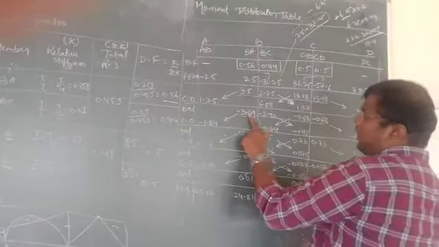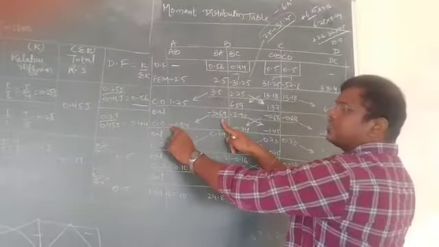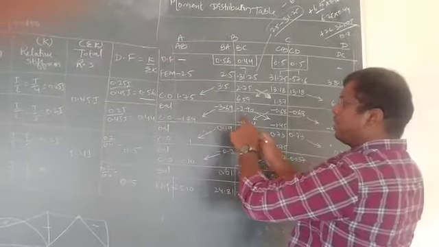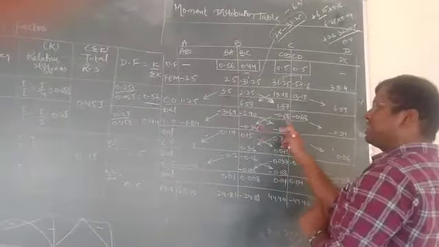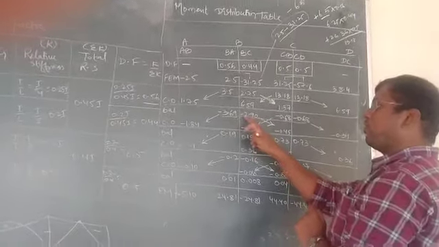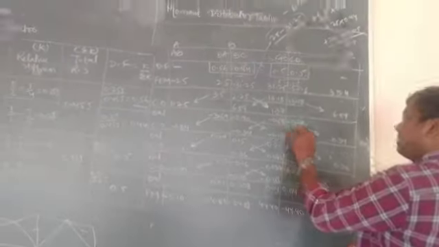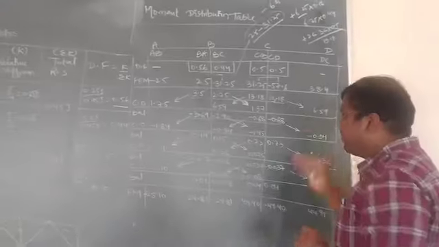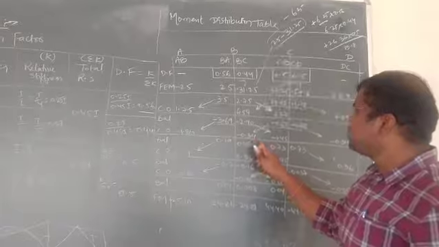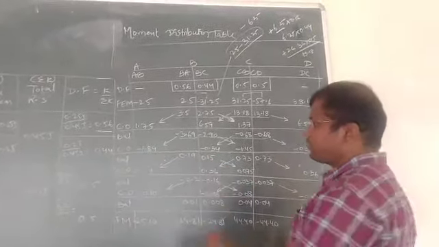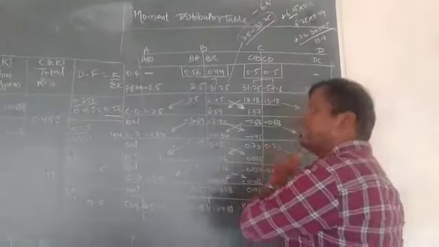So now this moment has to be carried forward to the far end because A is fixed, so it is minus 1.84. Now coming to here, again B and C are continuous supports. Half of 0.68 is minus 0.34. Half of this 2.9 is minus 1.45. Similarly, half of this is minus 0.34. When I have done the carry over of a moment, again this joint got disturbed. This joint got disturbed. We need to only balance the intermediate supports.